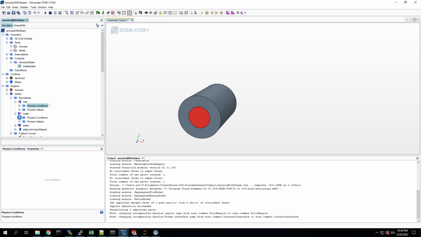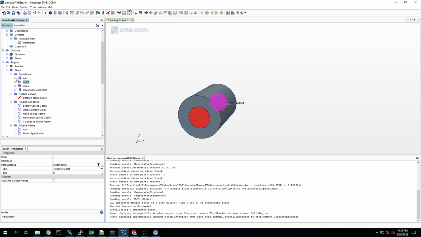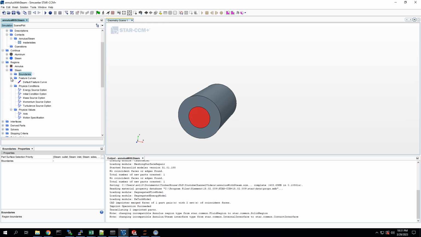The outlet, we will need to set the static temperature of the outlet. We will start with the static outlet, we'll say, at around 400. That may need to change later. Alright, so we have our steam boundary conditions set. And that should be at the aluminum. We won't need to worry about